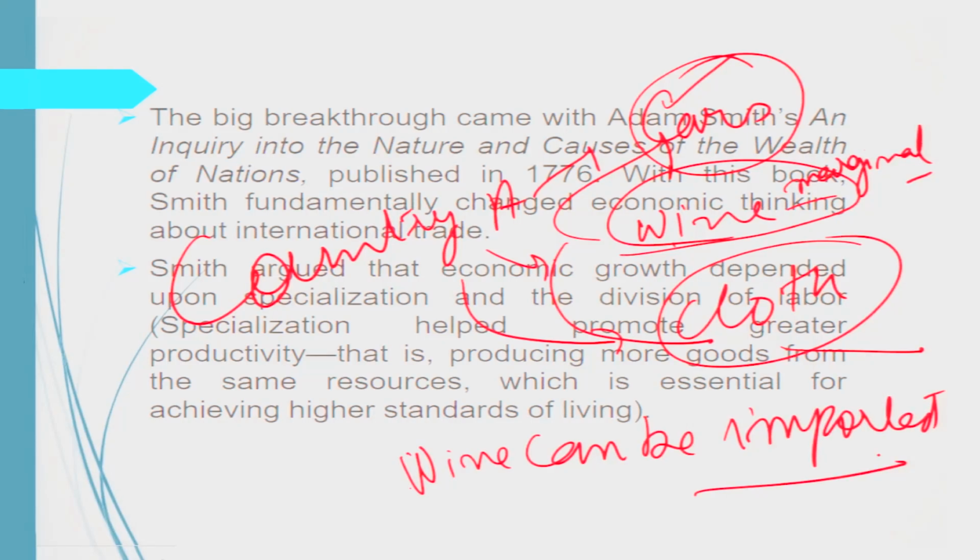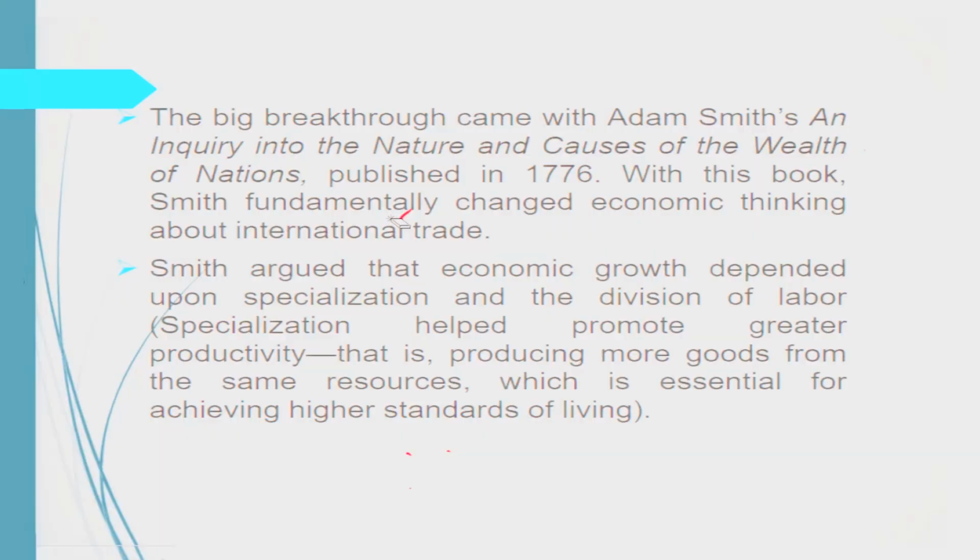But if you see this alternatively, if the labor is used in cars, wine and cloth, that is not the proper distribution of the labor force, and this will be the wastage of the labor. So, firstly, realize the potential of a system, in which area they can do the best, and then try to focus in that area. Smith argued that economic growth depended upon specialization. So, that will lead to economic growth. The division of labor based on specialization.